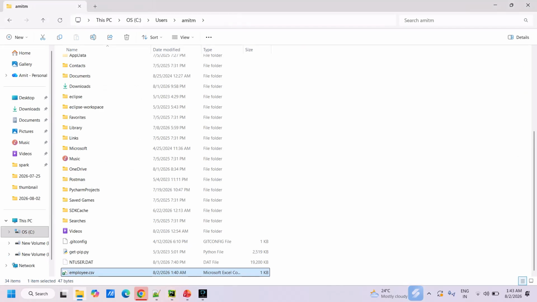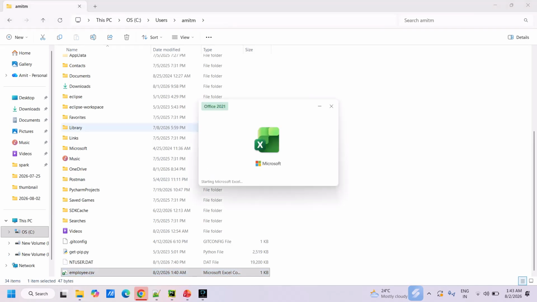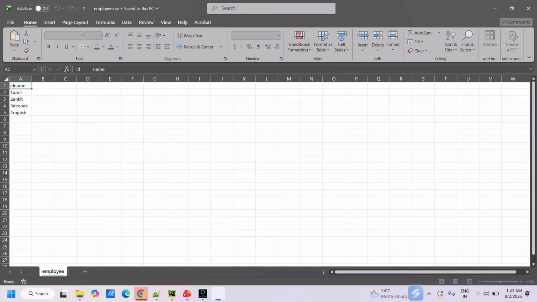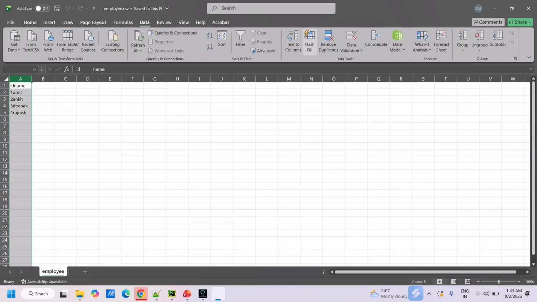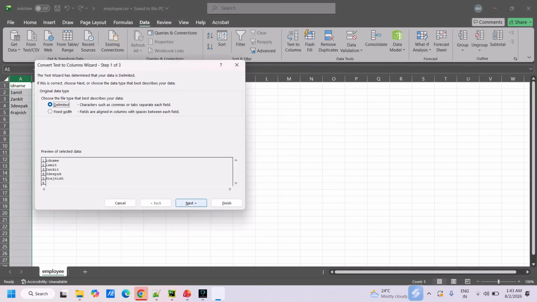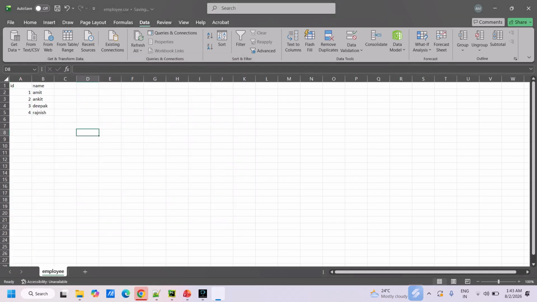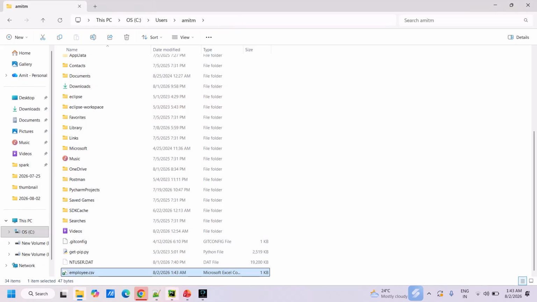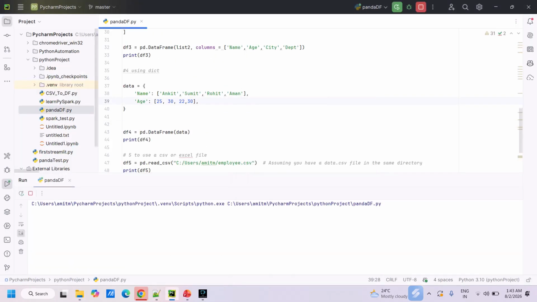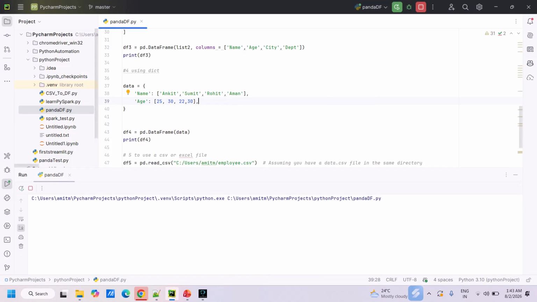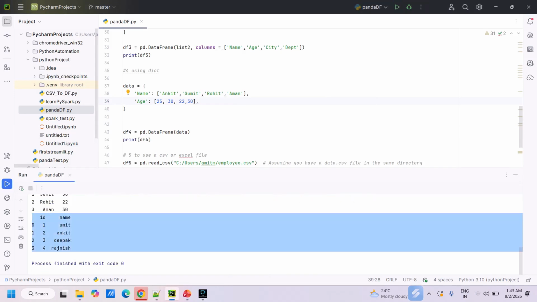Now let me just correct it slightly, because sometimes it takes that tab as the delimiter, hence it merges the columns. Delimiter. I'm just using this tab so that it separates my columns. Now run it again. See, this is the CSV file that we have created with two columns, ID and name, and these four values